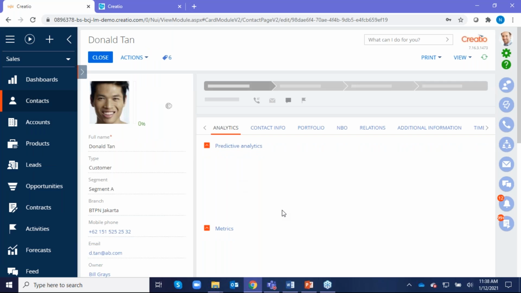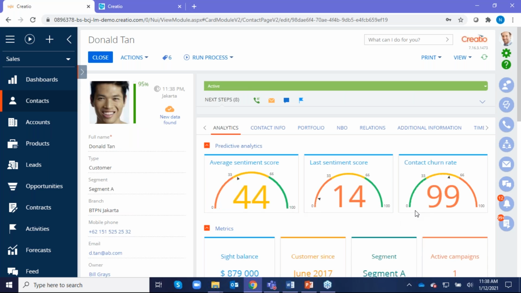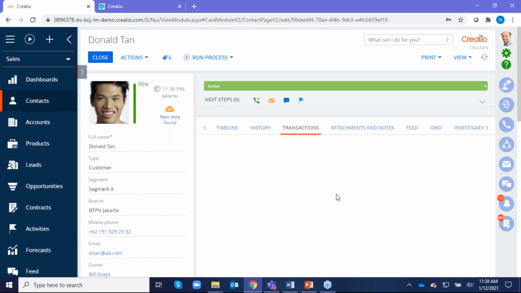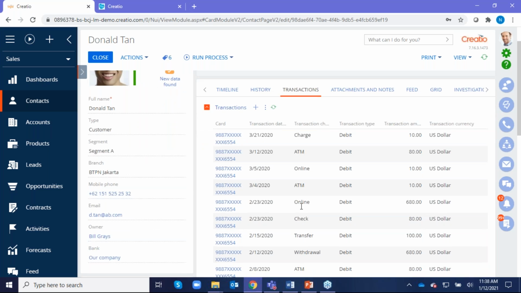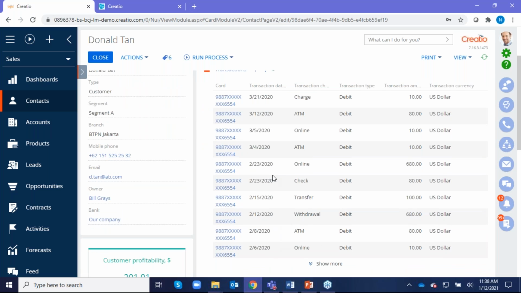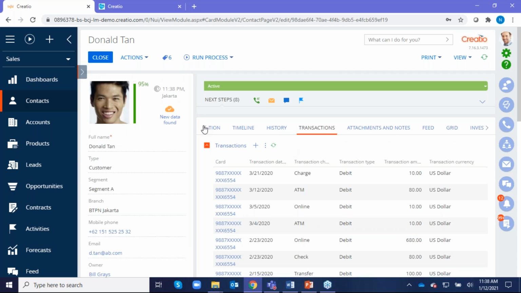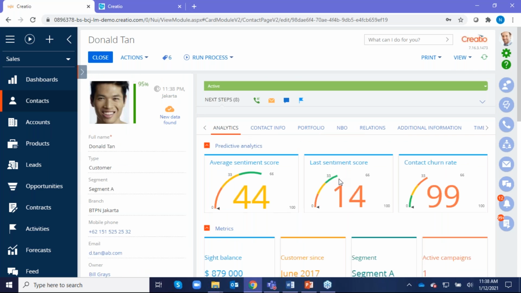And now, since we have changed that scenario, it is currently still showing that as 99 because it's still using historical data, and that transaction is based upon April 1st, because after April 1st there was no transaction. That's why it was 99. But now I changed it to January 1st of 2020. But subsequently, there are a lot of transactions in here. So we should expect the churn rate to go down from 99 to something else.